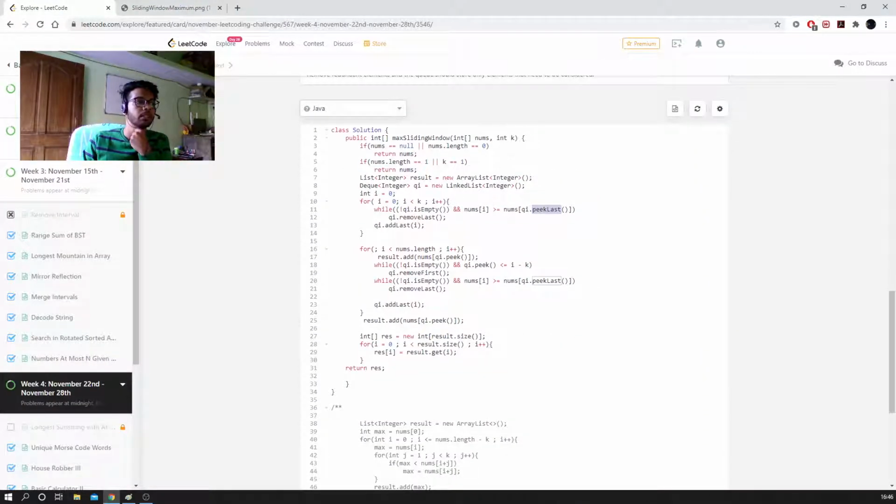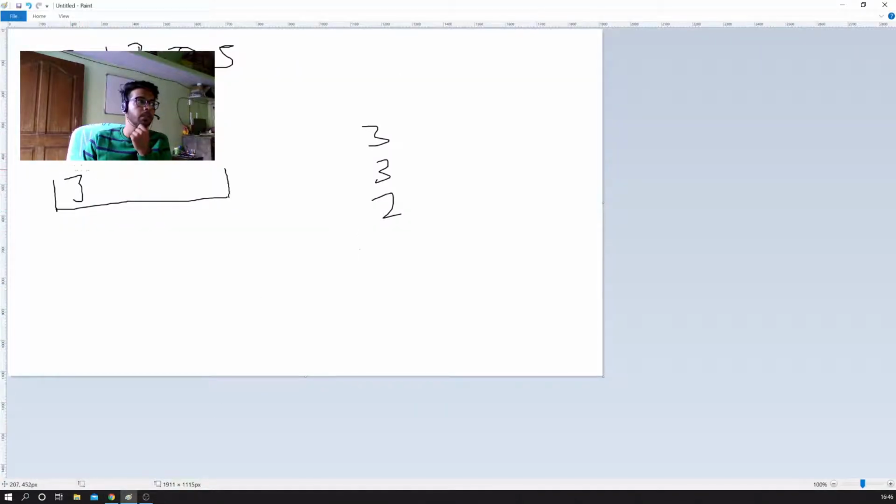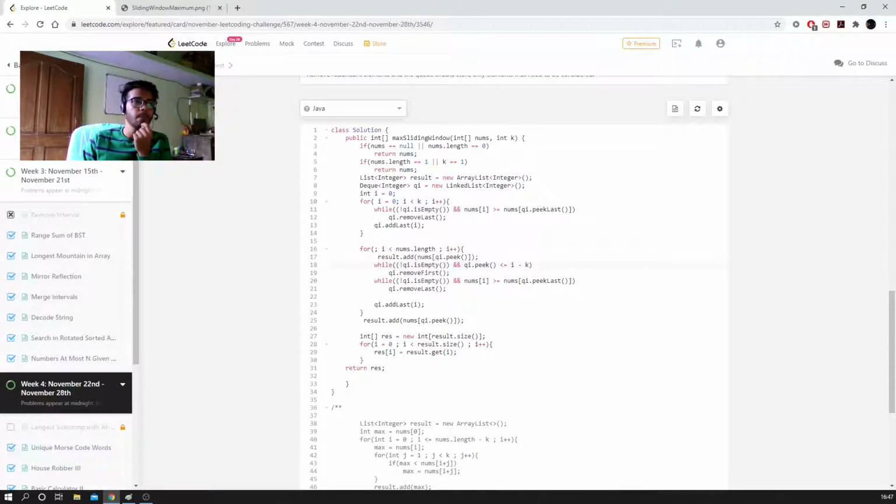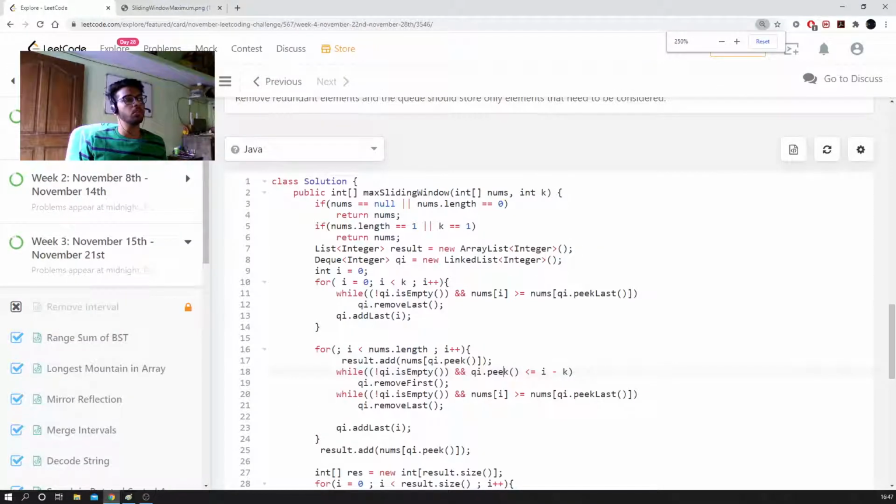So for removing this 3, I checked this condition. If the first element of our queue, here, let's say this element, we have two elements, this and this, we are checking to see if the next element is greater than this or not. It stores the index, so we need to see if the index is less than k minus i or not. And if it is less than k minus i, we are not interested in that index, because then our window has changed. Now let me just zoom in on the code here.